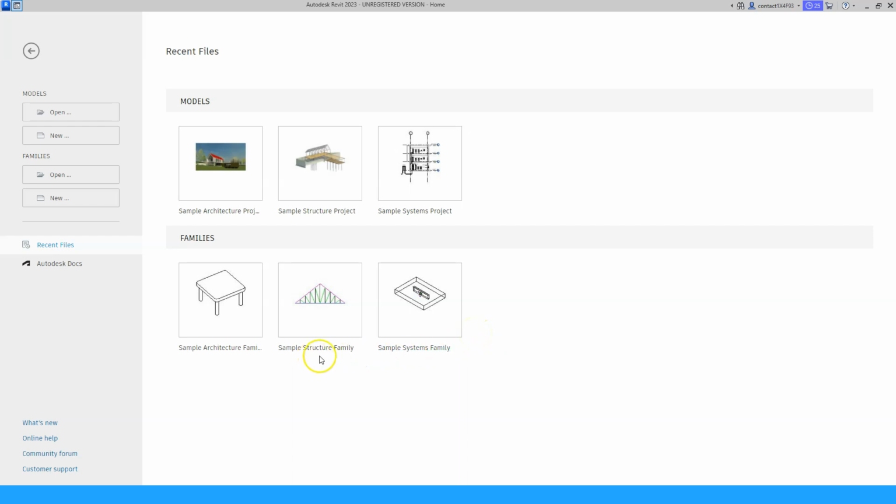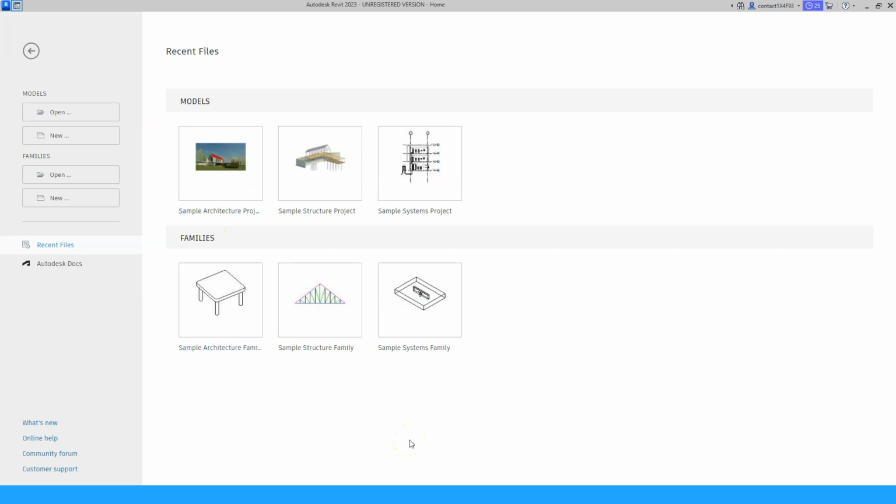And they don't have to be like this can go into here, this can go into here, this can go into here. It doesn't matter. They don't strictly go into that category. They just happen to be named that way. Any family can go into any Revit model, is my point. What a family does is you create, like right here, you have what looks like a table. And now you can take that table and you can insert it into this model